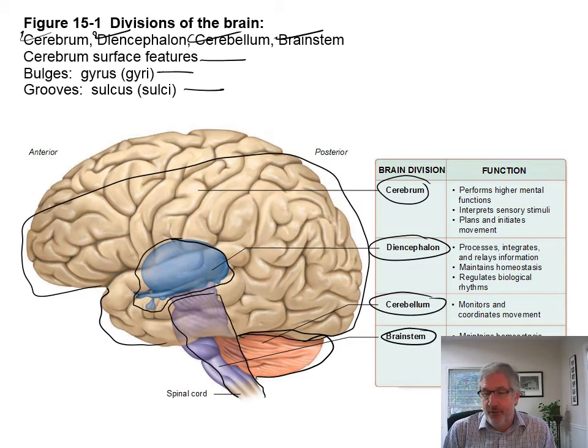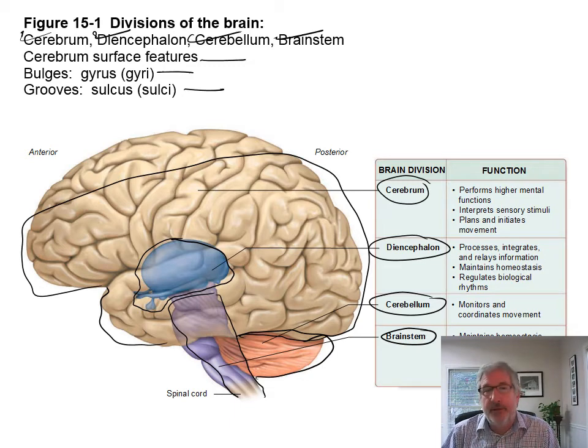So if you learn to play the piano, and you're playing the piano, all those little fine motor movements and your balance as well are all coordinated by the cerebellum. The brainstem also helps maintain homeostasis, controls reflexes, integrates, and relays information. It's where some of your automatic kind of functions are taken care of. Cardiovascular functions, respiratory rate, all those kind of things are taken care of by the brainstem.